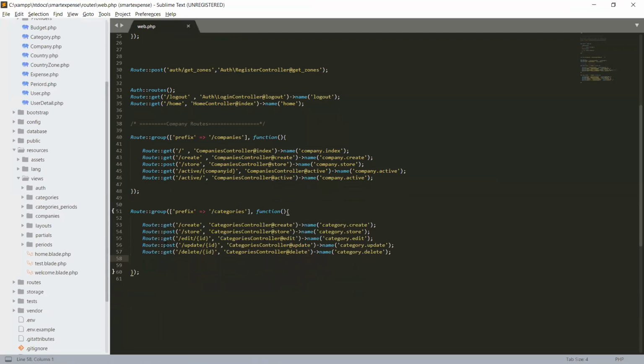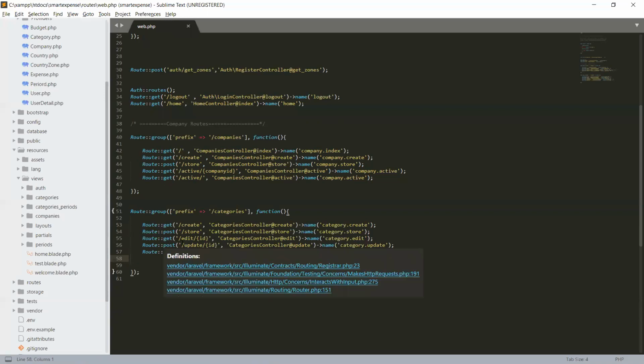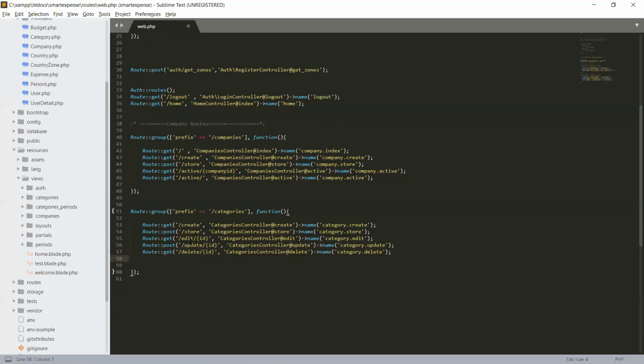Let's recheck our routes. So first route is get to create a category. Categories controller create method, and category.create is the route name. The second one is the post request, which will store a category. So categories controller store, and the route name is category.store. The third one is to edit a category, to show the category in the view. So we have to give an edit ID, and the specific ID will be shown to the user to edit.